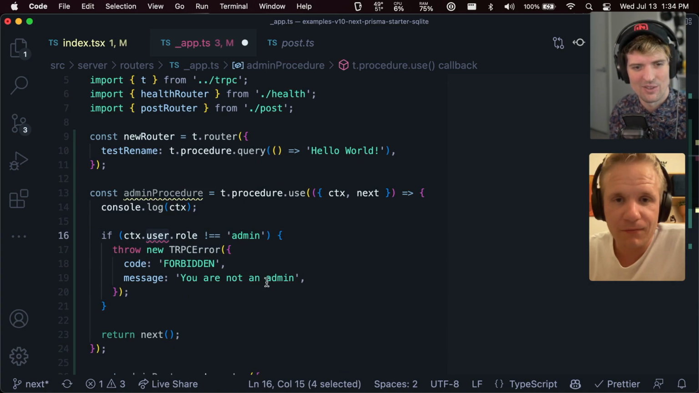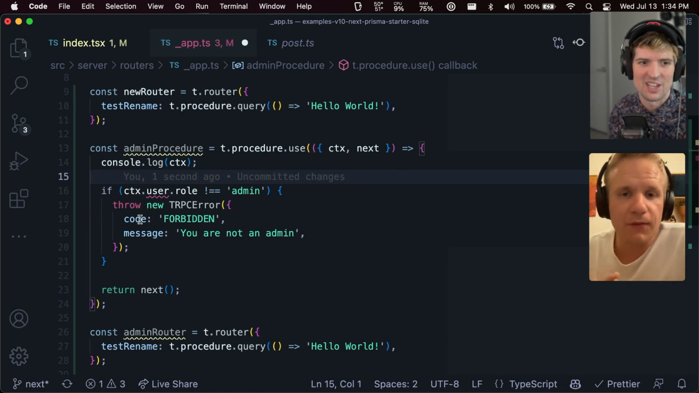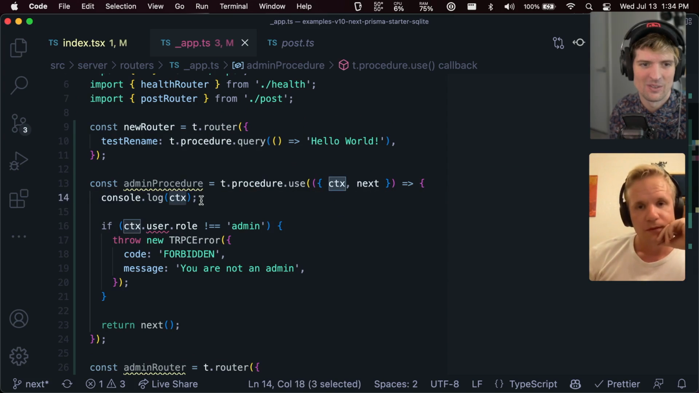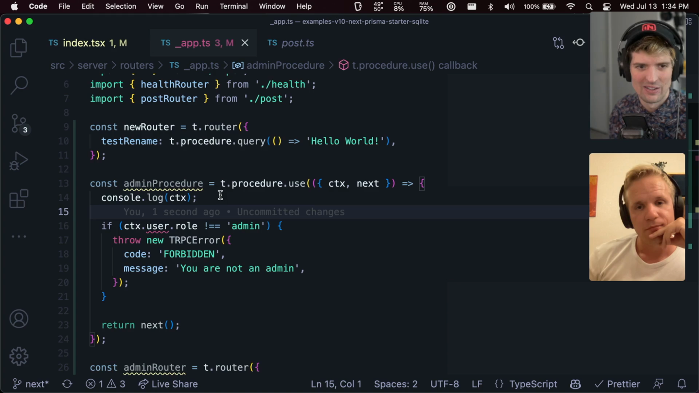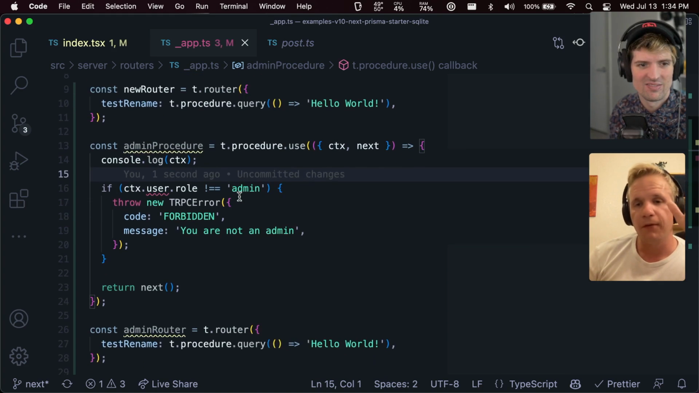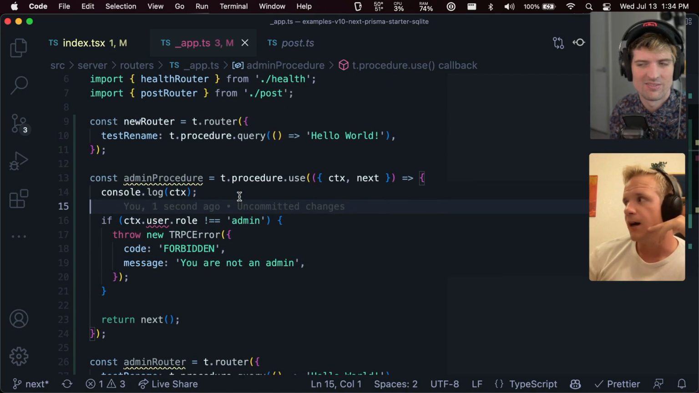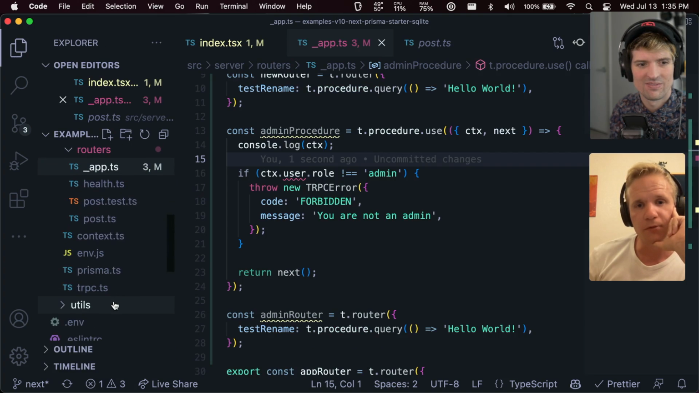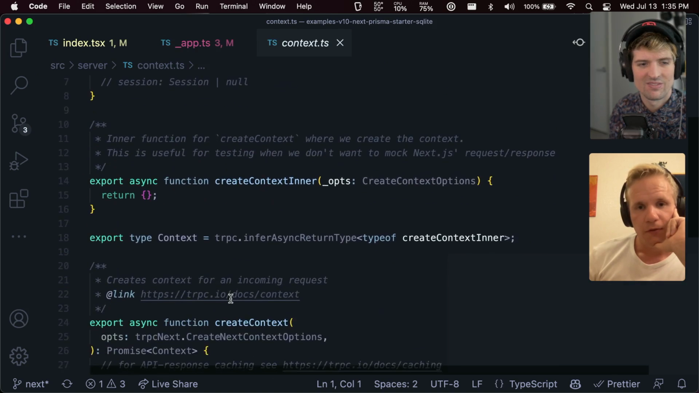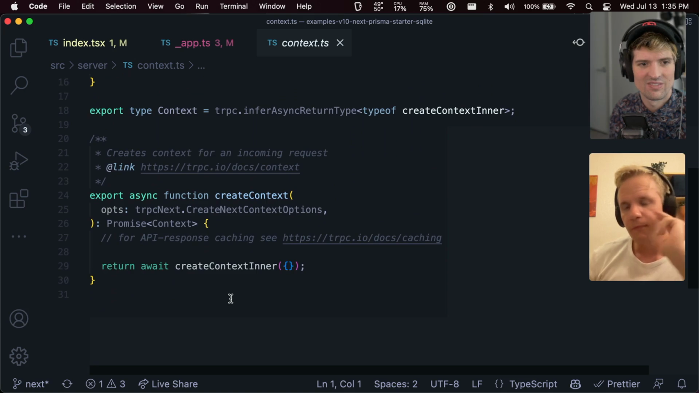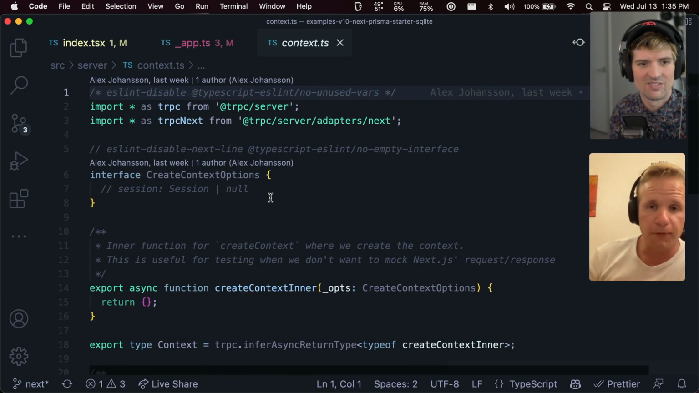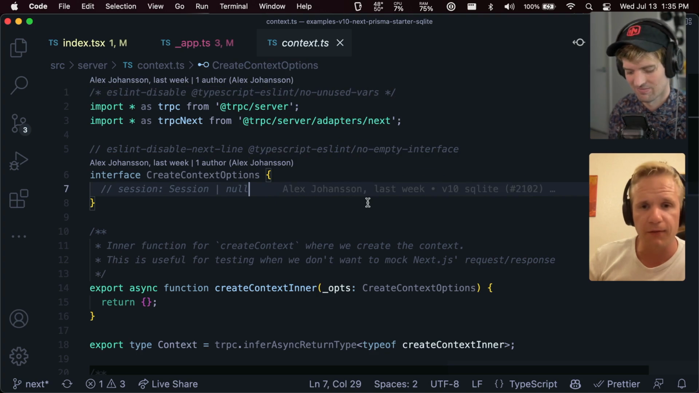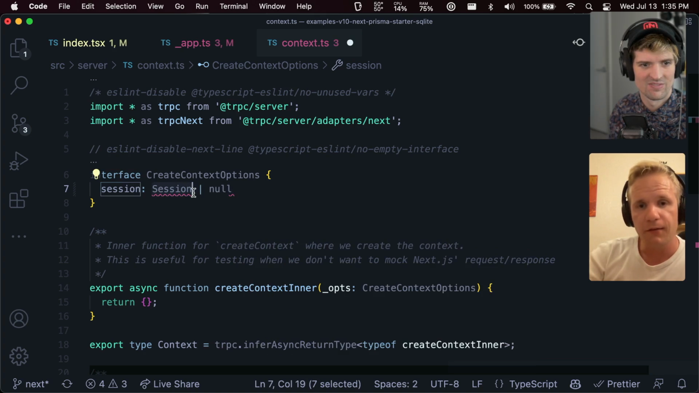But we don't have user on this type. How would we earlier in the chain add? Actually, what's on this by default? Nothing. Cool. How would we add things to the chain earlier then? So the context object in tRPC in V10 is exactly the same as the context object of V9. It's created once per request. So in your context.ts in this project, you will have the context object being set up. This is based on the incoming request. It's just split out in two different functions, so it's easier to test. But in your create context inner,